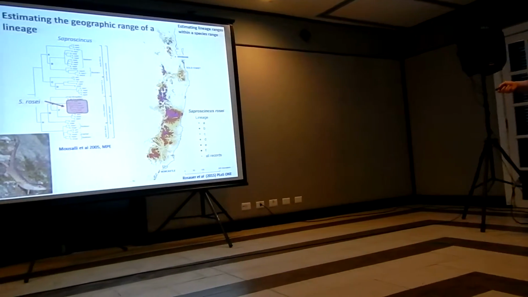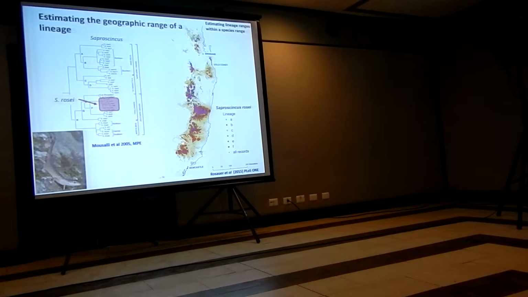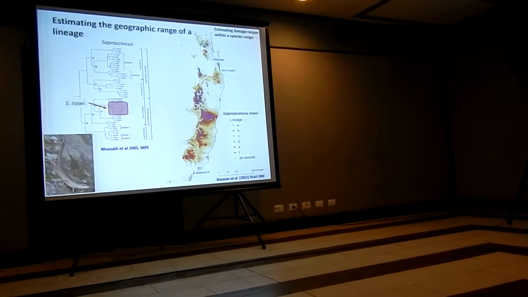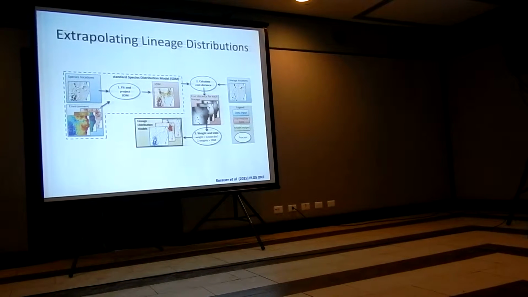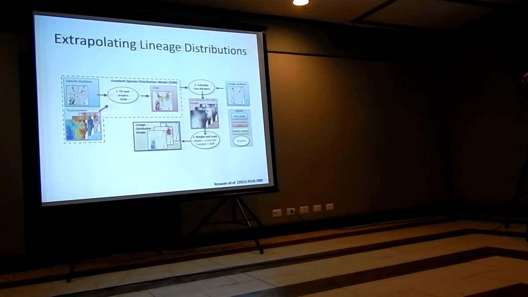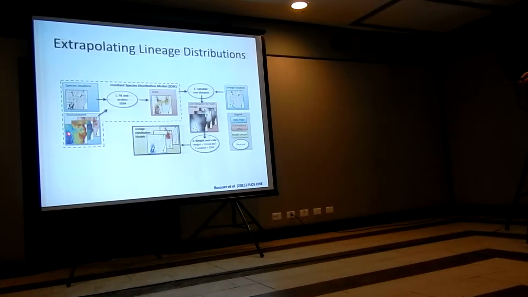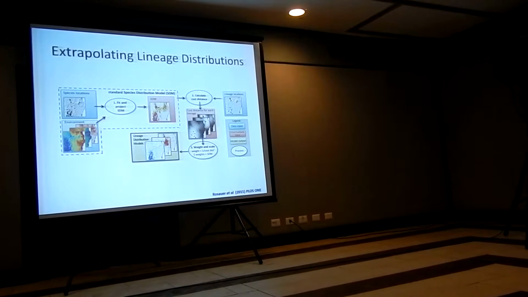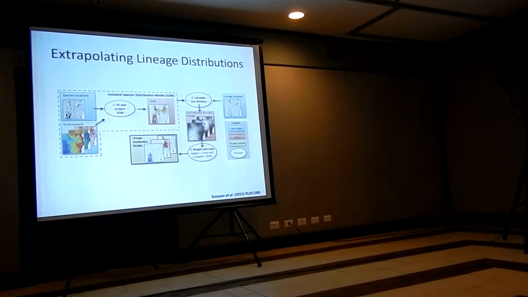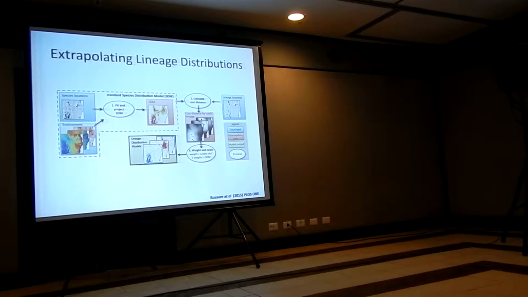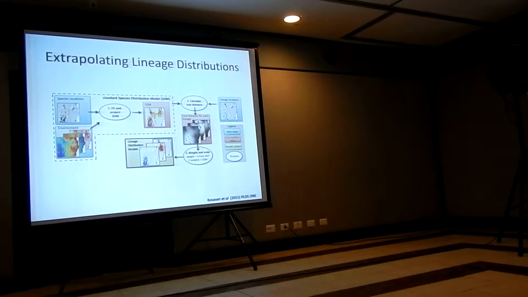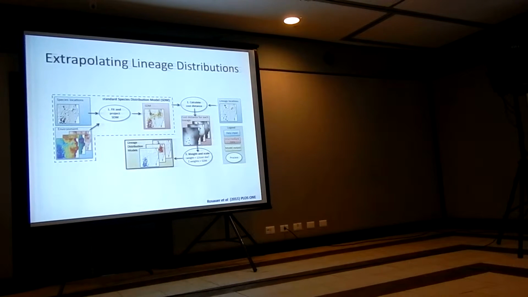So what we do first is a species distribution model, and as you can see, the purple areas are the ones predicted to have the most suitable habitat. And then, while showing you the different steps, we start with the species locations and a set of relevant environment variables, and we fit a species distribution model. In this case, we use maxent, but a range of methods would do fine, as long as they'll give you a likelihood of occurrence between 0 and 1. Then what we do is we take the locations